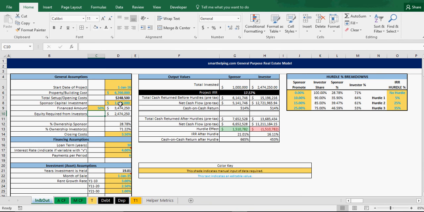And then, for example, let's say the investor only wants to put in, it's a $6.7 million deal. Let's say they only want to do $500,000. That's going to force financing of $3.4 million, and then you're going to need equity from investors of $2.9 million to cover this projected initial cash outlay that you need. And then you've got coming back to you, even though you're only putting in $500,000, if you can get this project